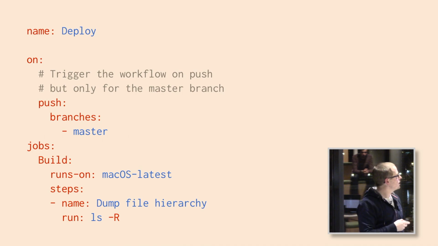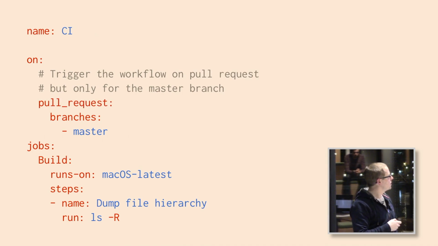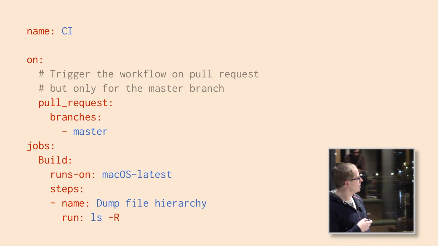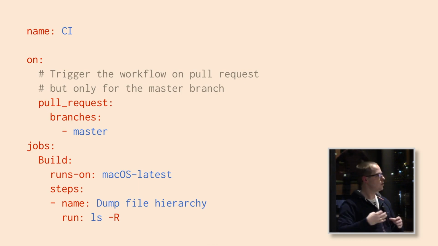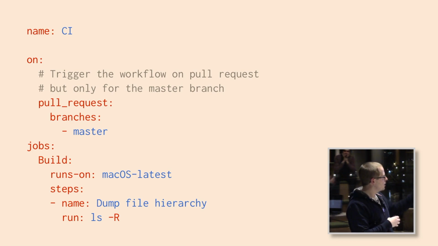Of course, this triggers on pushes to master. This triggers on pushes to pull request branches that have master as a target. So you have to have a branch, you have to push on it, and on that branch you have to have a pull request defined towards master. This is very convenient if you have an open source project and you want to allow other parties to request introduction of their code into your repository. If they present you with a pull request into your master branch, then it will be executed and run on your scripting. But your secrets will not be shared with this execution.